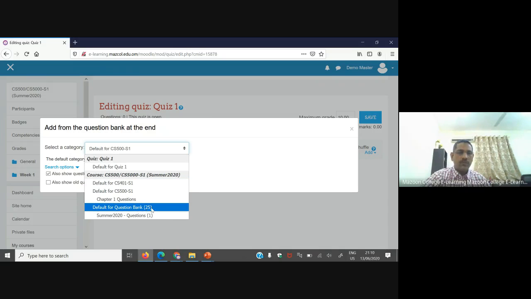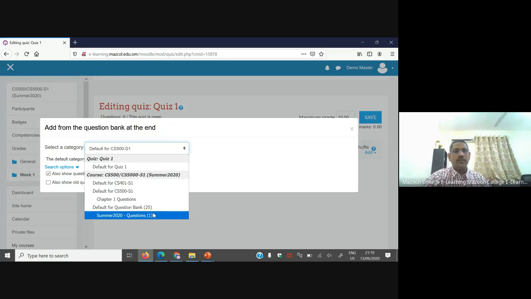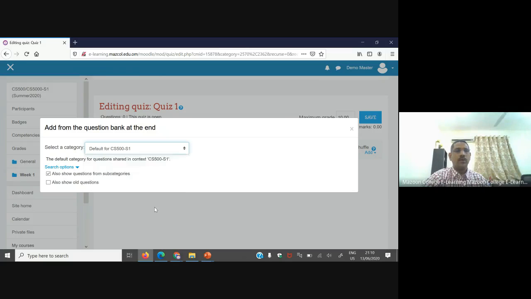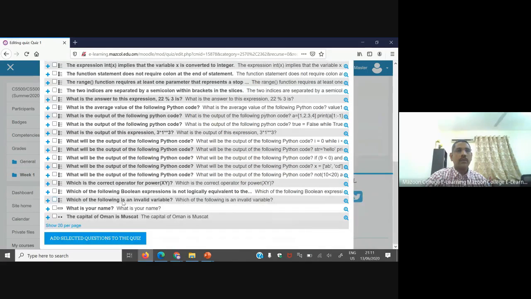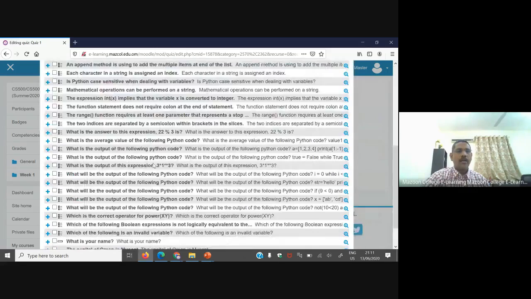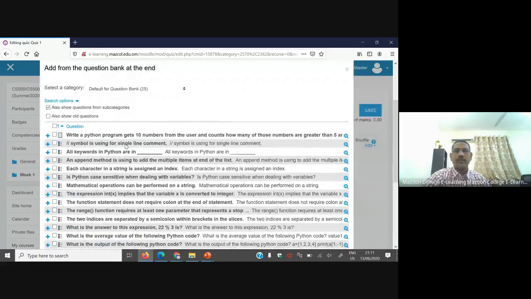If you choose this one, this is the parent category and this is the subcategory. If you choose this one, the subcategory will also come under it. So once you choose this, see, the total is 25 questions, and it will ask whether I should take it from this question bank or not.